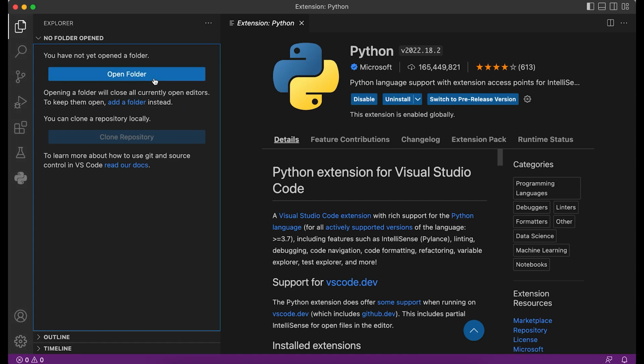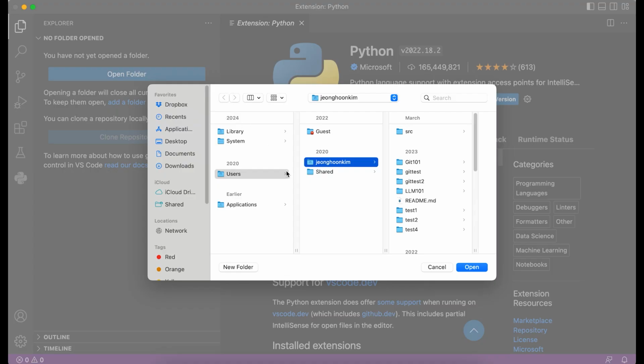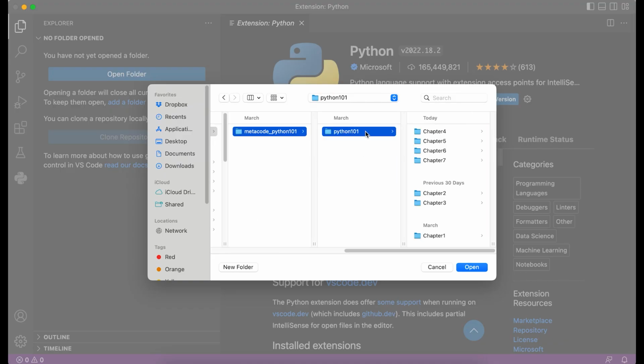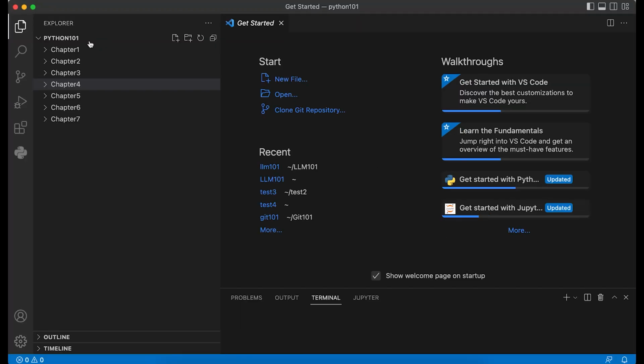So open the folder here, and I just like to have the path: user, my name, source, meta code, and Python 101 is the one where I have all the code for this course. And open it, and you will see all the folders and files under this.